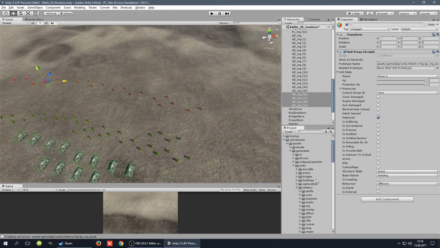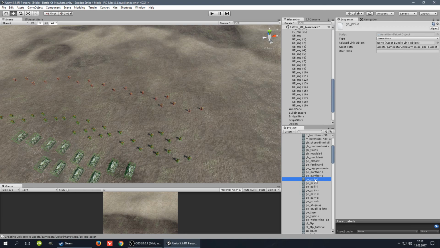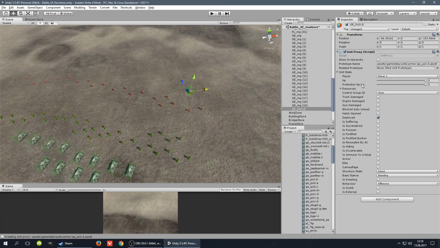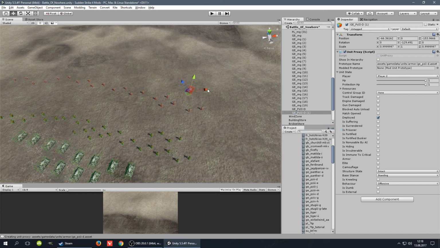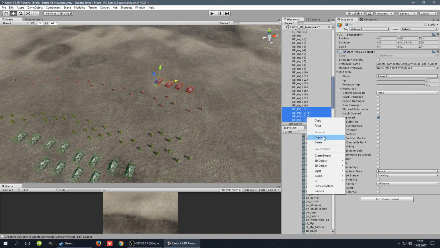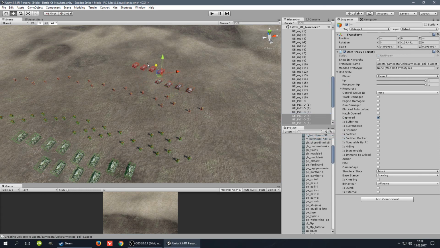Let's find Panzer II. Yeah, I also need to change its allegiance and rotate it a bit so it faces the player forces, and I will duplicate it. I will switch to the translation tool to change its location. I will duplicate them again to make more of them. Duplicate them again. Yeah. And some more. They will probably win because they have